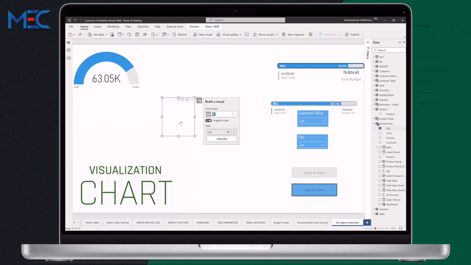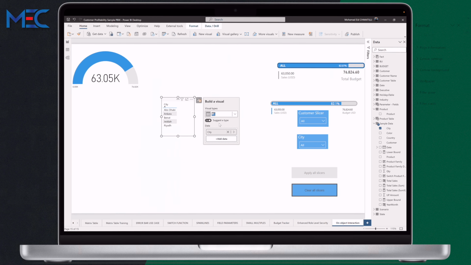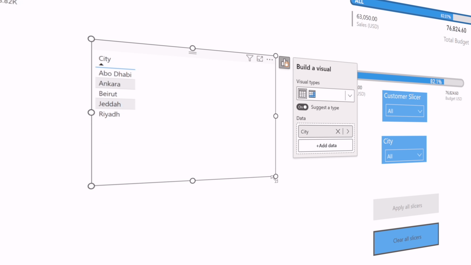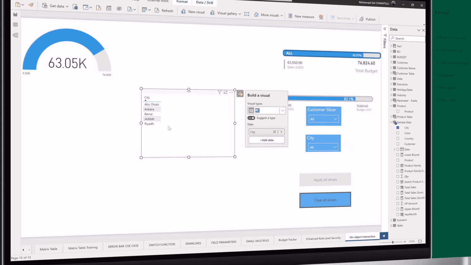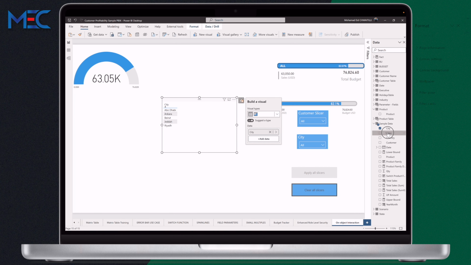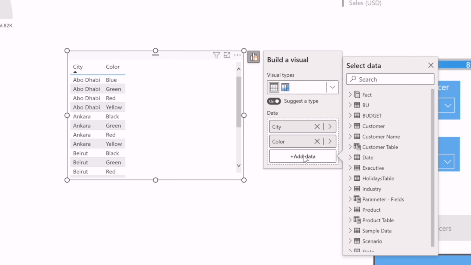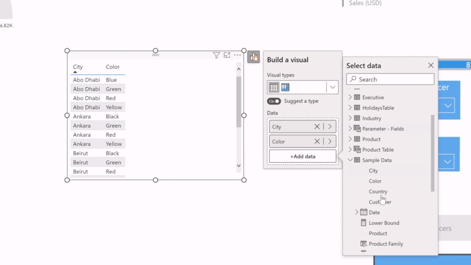So if I grab the city and I put it here, because it is written here, suggest type, it suggests the type for me and it gives it a table view. So if I go and add the color, it will keep on the table view. Of course, you saw me using this, but what if I closed the whole data view and I started using only the add data? As you can see, once I click on add data, it will open the select data information. So I go to sample data